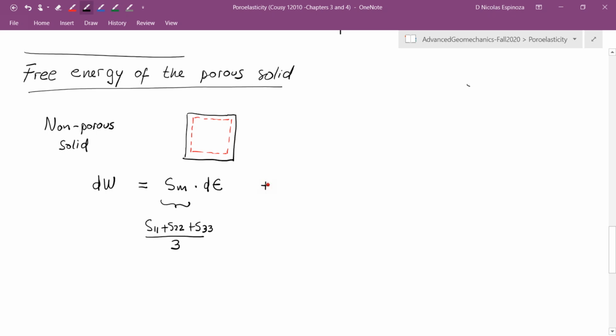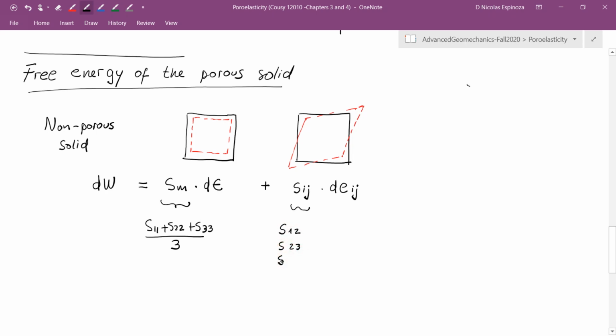Okay, solids also can bear shear strains and shear stresses too. So I can partition this energy of the solid into volumetric strain and shear strain. And for example, if I apply a shear, I could distort the shape of this solid like this one, and then the additional energy that I put into the solid is going to be proportional to the shear stress Sij times the change of strain Eij, where Sij in this case is S12,